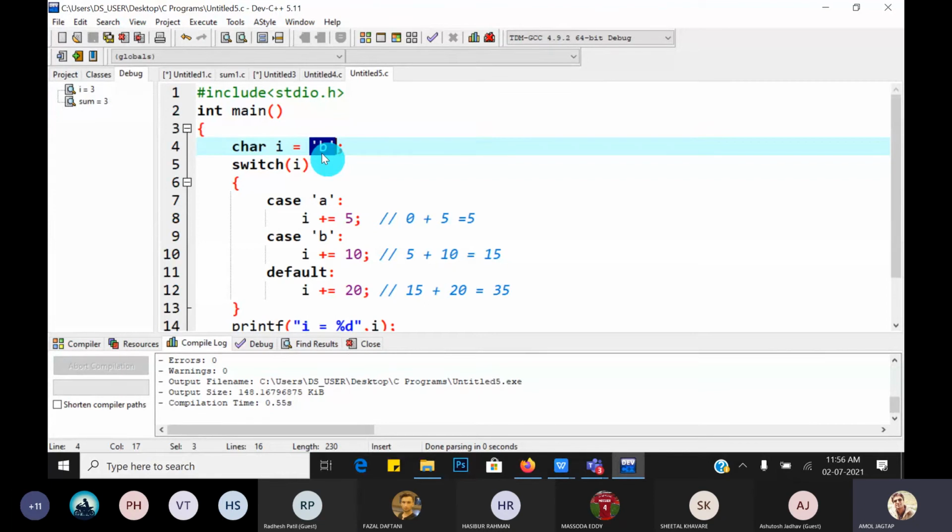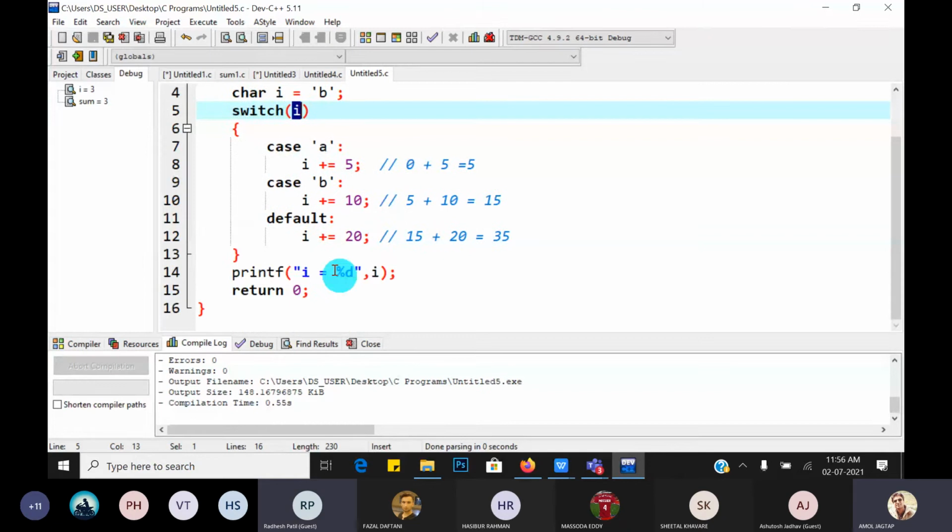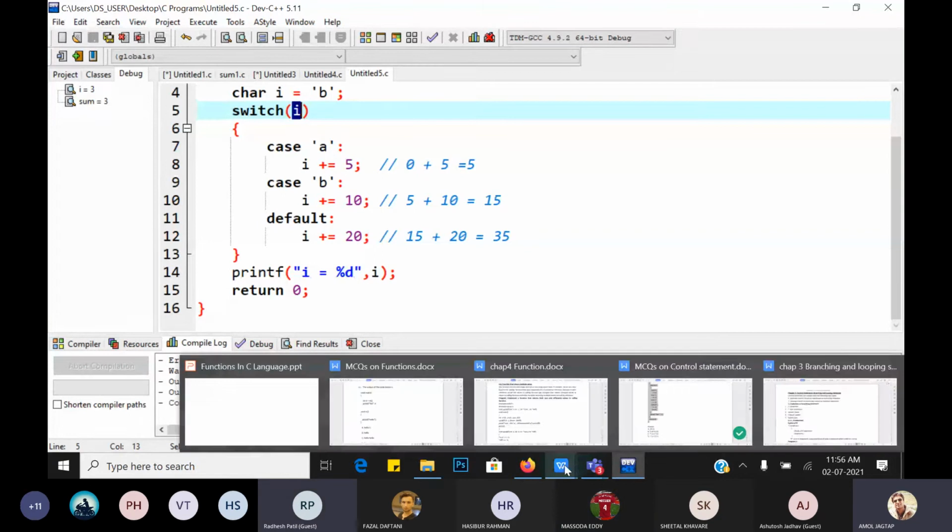You have to write a break statement; if there is no break, the bodies of cases get executed from the matching case onwards. Understood, guys? Okay, next, move to the next part.